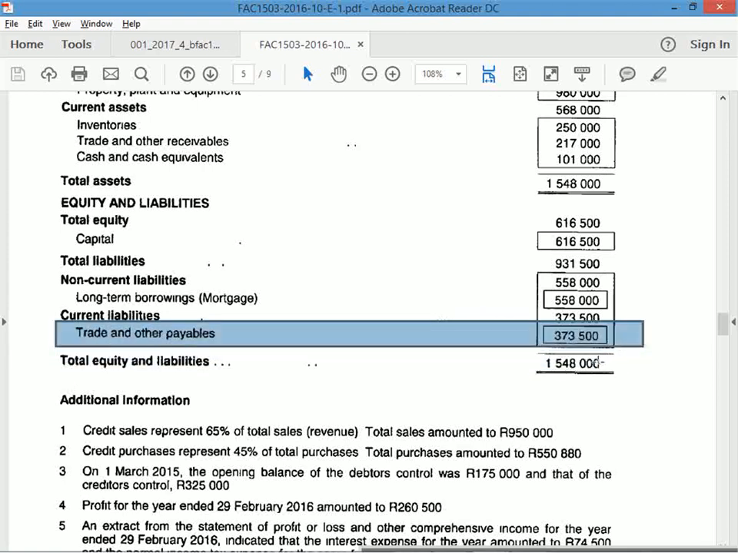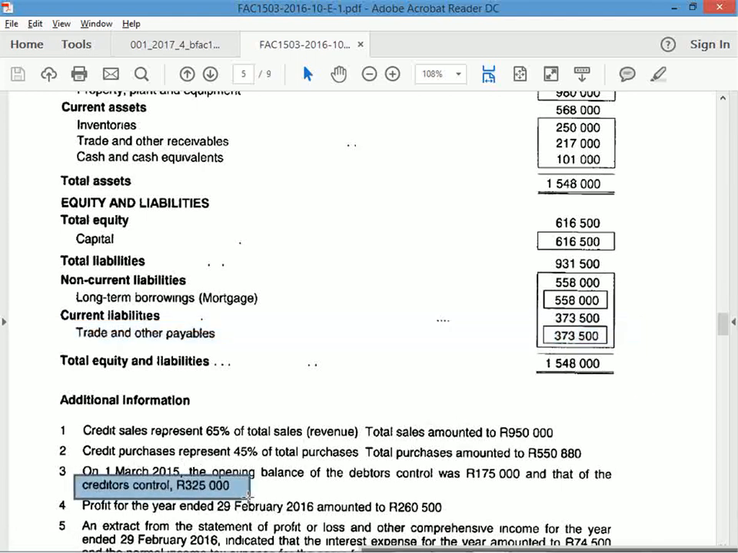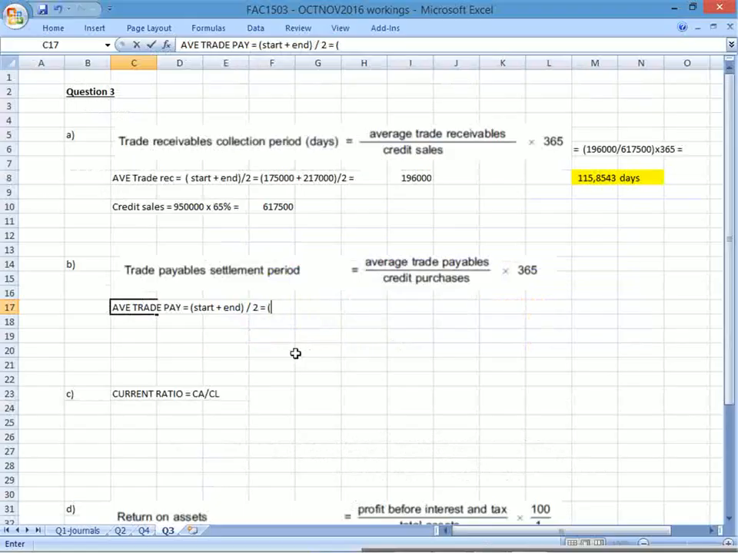Good. So there's the one amount. Where's the other amount? We need start and end. Yeah, that's end. Here's the start. 1st of March, 325. Do you see that? Okay, so that's what I need. So now I've got start and end. 325 plus 373,500, close bracket, divide by 2 equals